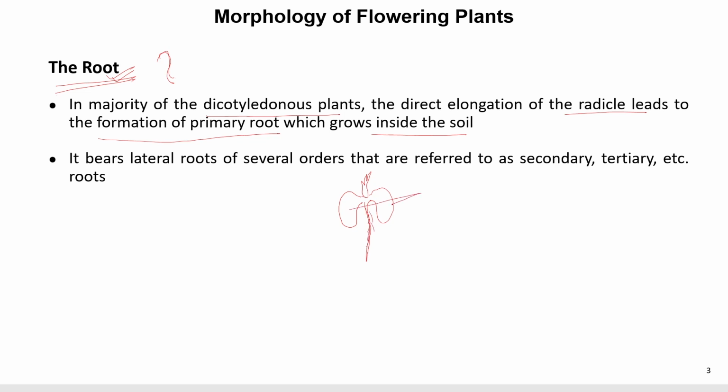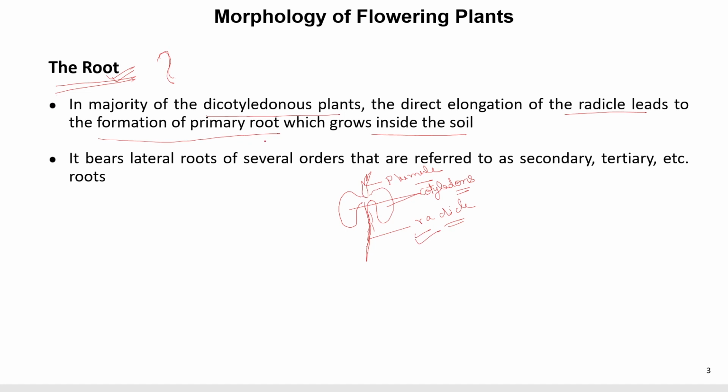These are the cotyledons. This is the plumule and this is the radicle. This radicle gives the direct elongation